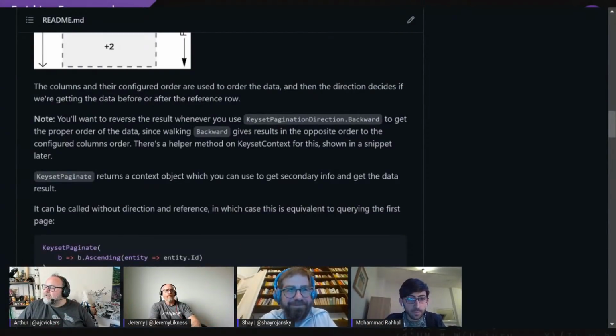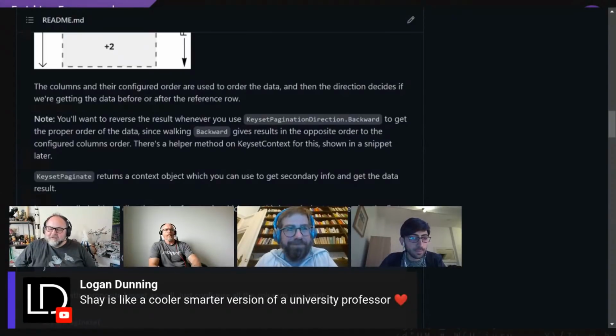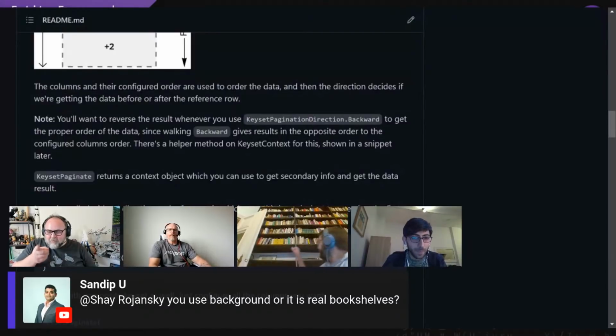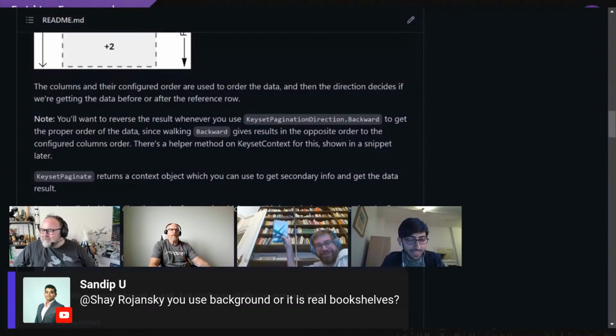Then let's see, a couple of comments about Shay. He's a cooler, smarter version of a university professor. Yes, indeed. He knows Latin and Greek and all kinds of interesting stuff as well. So he's a very cool person to talk to. However, he did claim that he has real bookshelves, but I will point out, as I do to anybody who asks this question, they're all rented. They're not his books. I know you have your own books at home, but those ones specifically. Anyway,